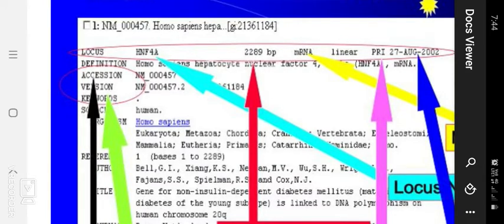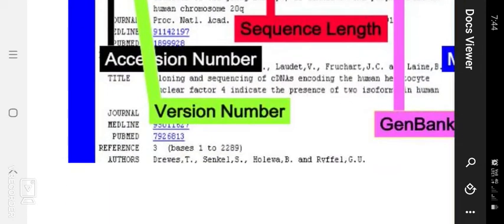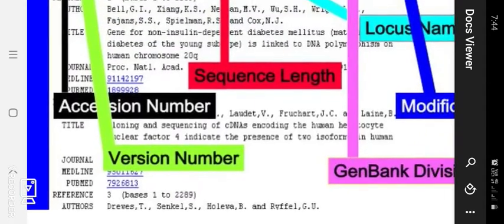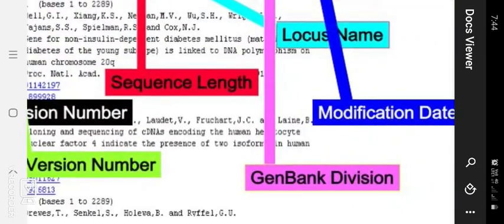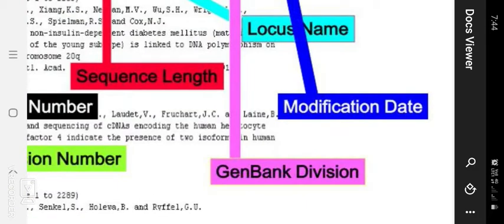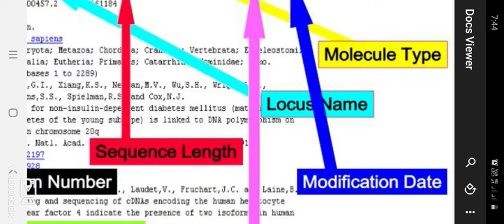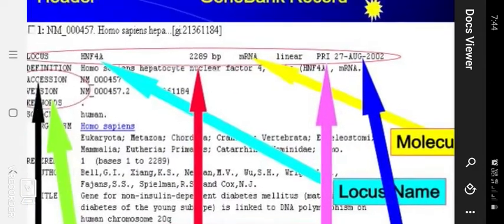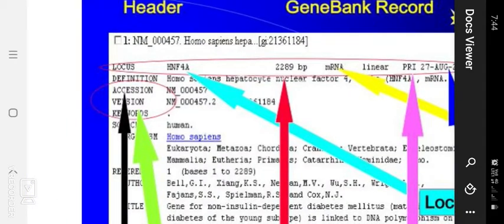Okay, this is the accession number, which is most important for sequencing and storing in GenBank. The version number is also important. The header also contains the sequence length, GenBank division, modification date, locus name and molecule type. So everything is present in the header.